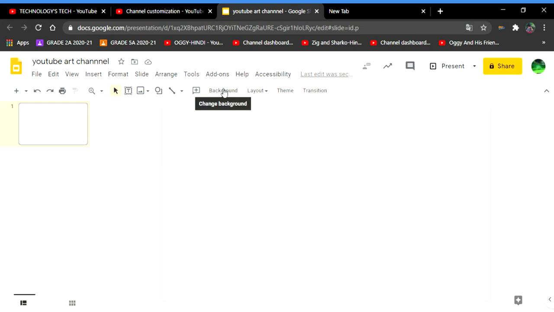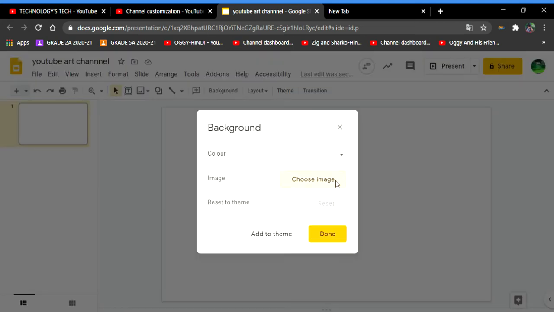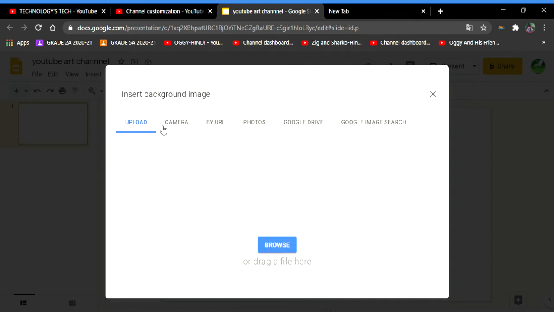Now I will put a background. You can put like a beach. I will put of the beach. It's your choice to put your own. So I will go to documents, beach photo.